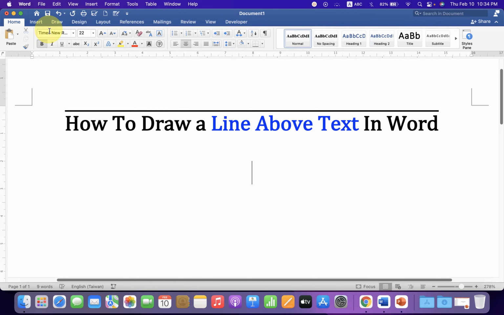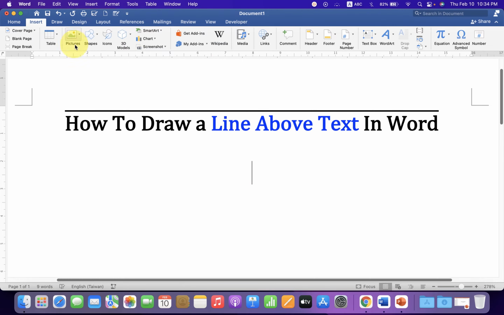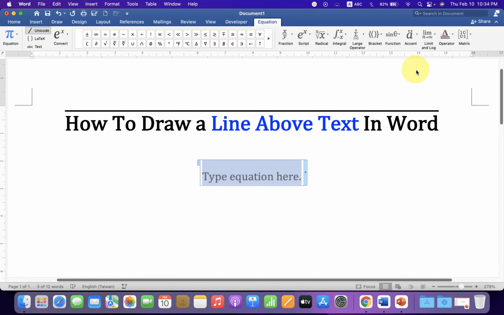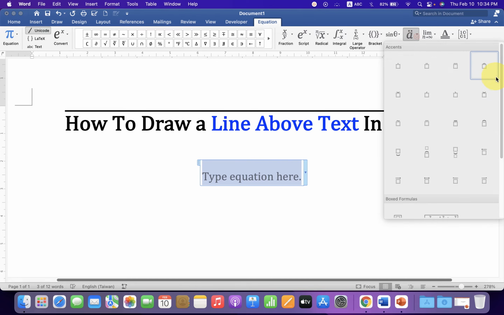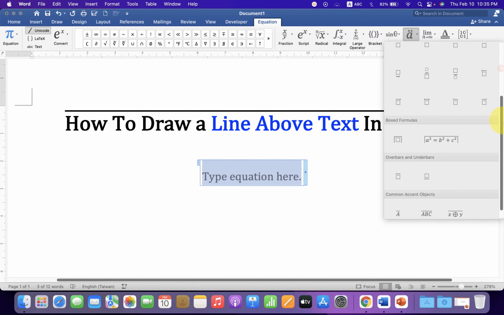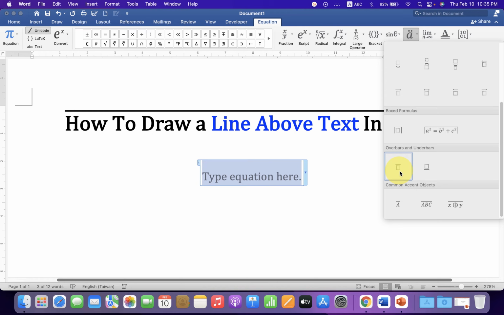First, click on the Insert tab and at the right hand side you will see the option Equation. Click on this equation icon and you will see this box. Now what you have to do is, under the equation, click on the Accent drop down, scroll down at the bottom and you will see the option